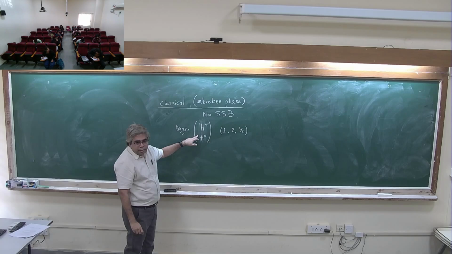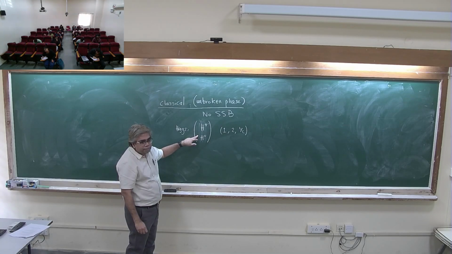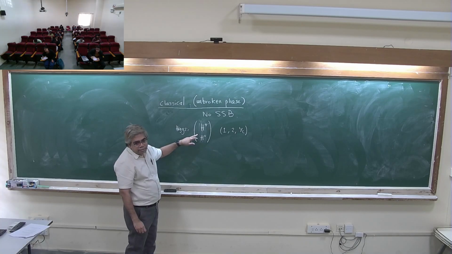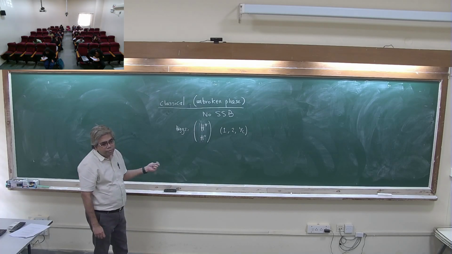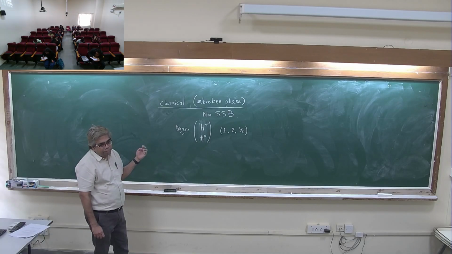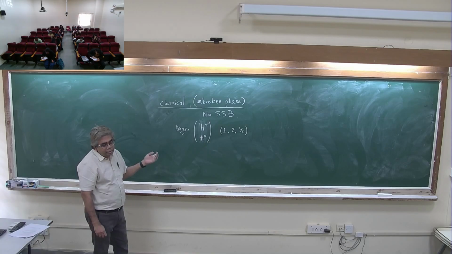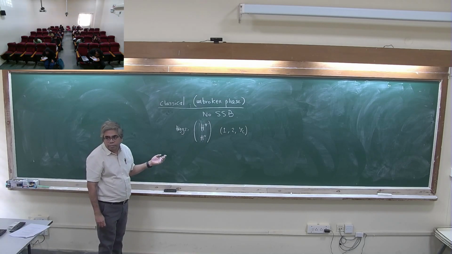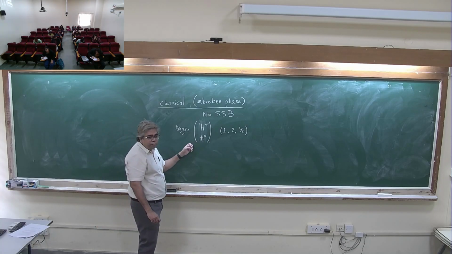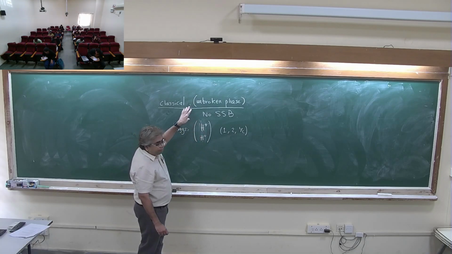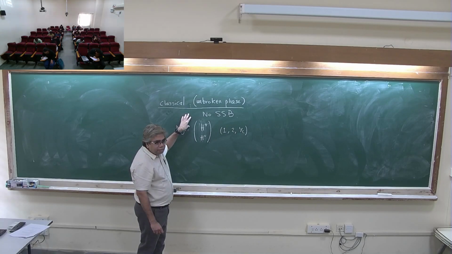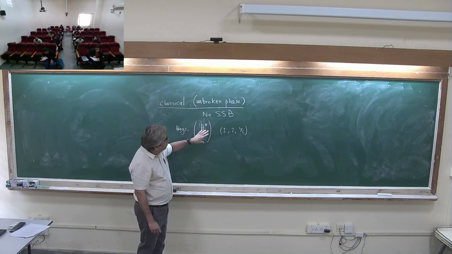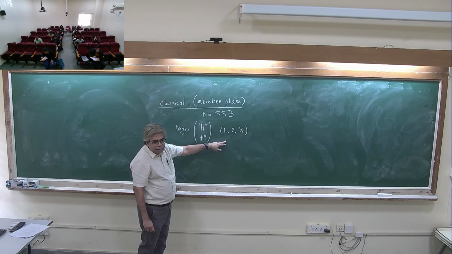Now in SU(2), there are no complex representations. The real and complex representations are the same. In SU(2), these are called pseudo-real representations because there is no basis in which you can show that all the sigma matrices are real. In any basis, you cannot show them to be real. So these are all pseudo-real. Now, what we want is to break the symmetry spontaneously. We want a scalar field which transforms as a doublet, and it also has a hypercharge.